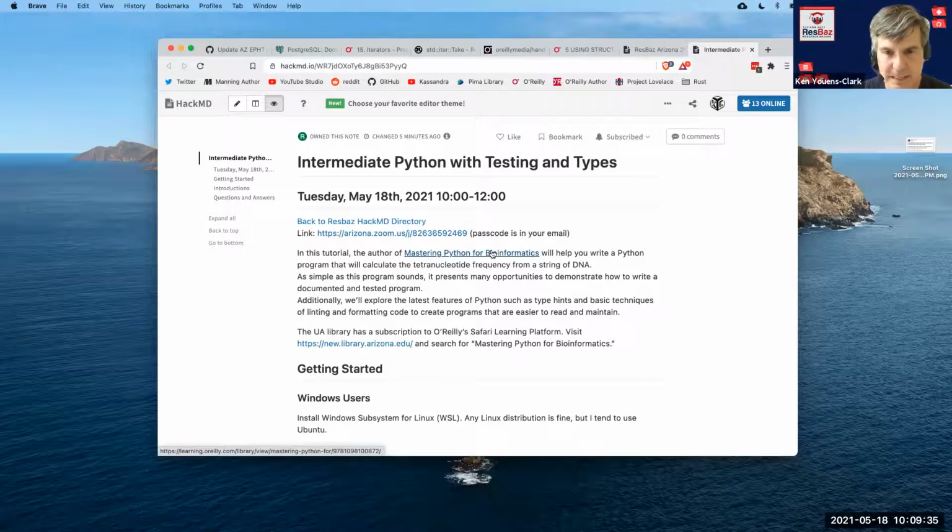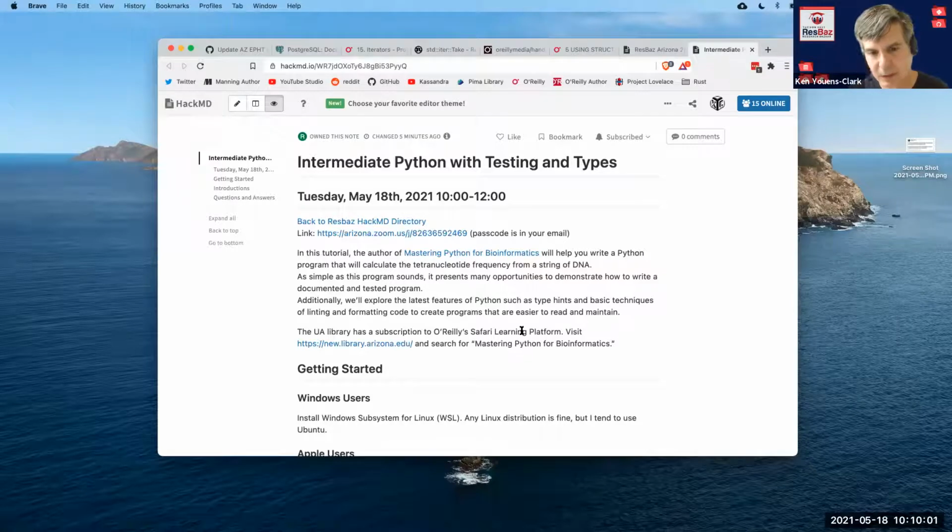I'm going to be using that text, and you have complete access to this for free through the U of A library. If you go to this link and search for that title, it will come up with an electronic version that's available through O'Reilly's Safari platform. I encourage you to open that up, and I'll be starting in the preface this morning and hopefully getting through part of chapter 1. That's my goal for today.